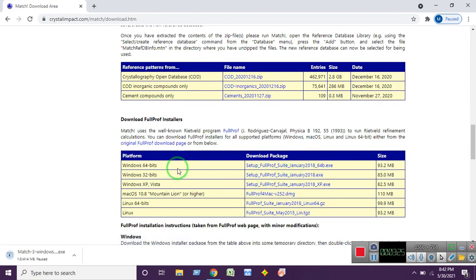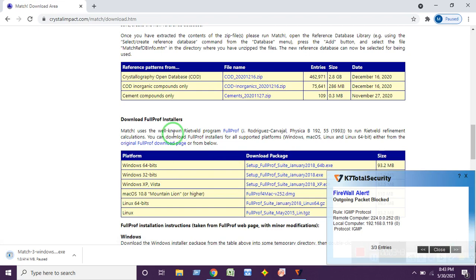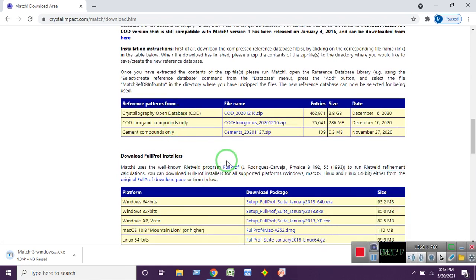Depending on your system configuration, you can download either 32-bit or 64-bit. Already I have downloaded this software also. This is the second software you have to download. First one is the phase identification software, then the second software is this FullProf software.